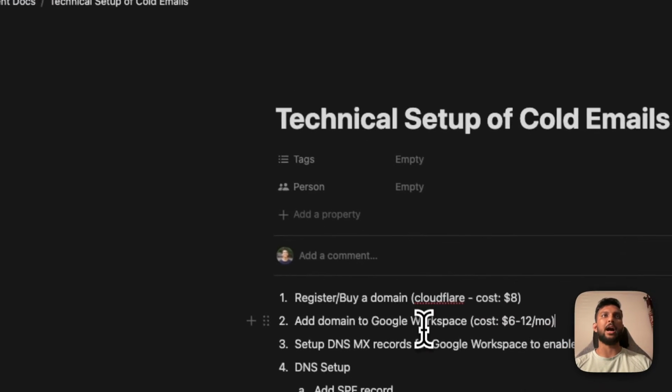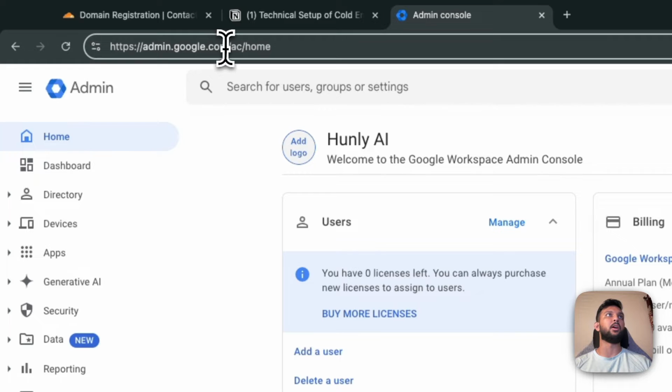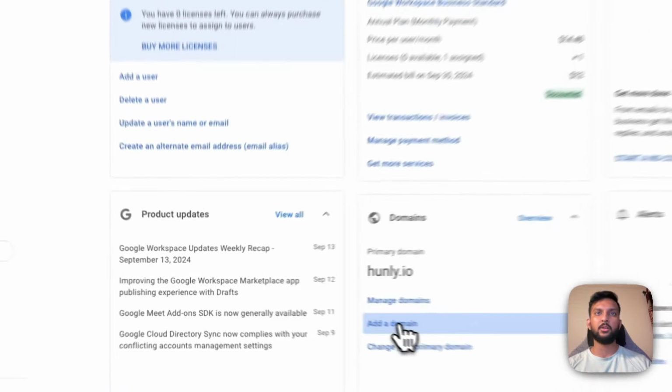So step 2, we're going to add the domain to Google Workspace. So I'm going to go to admin.google.com. So I already own a Google Workspace account for my existing domain. And I'm just going to add a domain to that account. If you don't have a Google Workspace account yet, you'll have to subscribe to Google Workspace, and that's going to be a slightly different flow, but should be similar. But if you already have one, then all you do is go to your admin console, click add a domain,